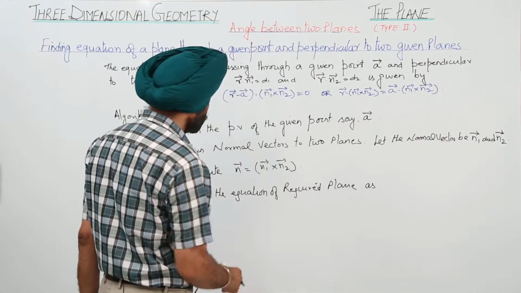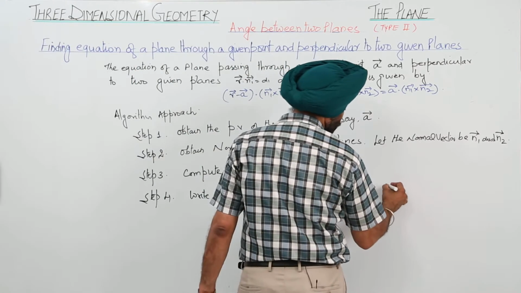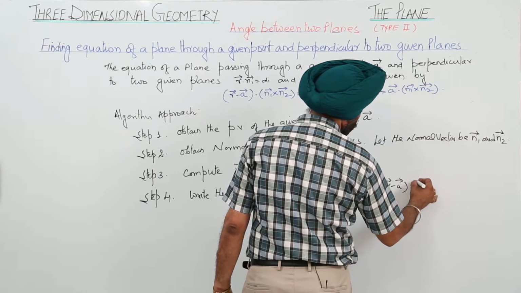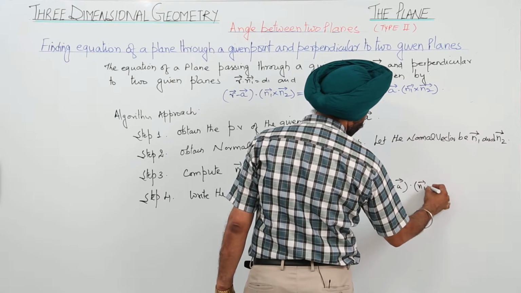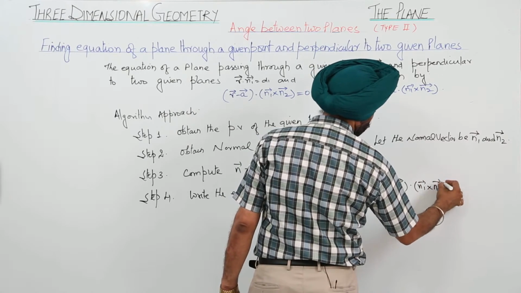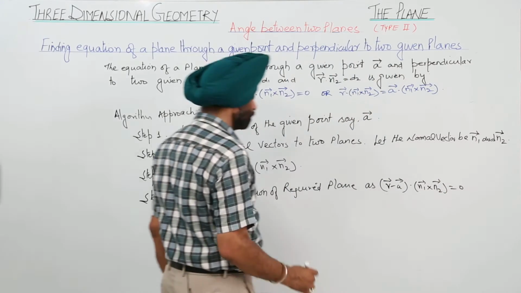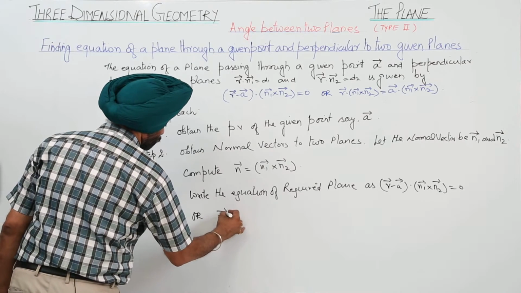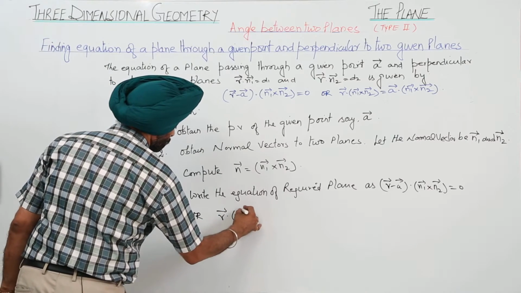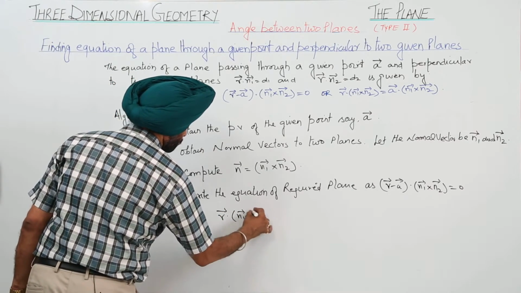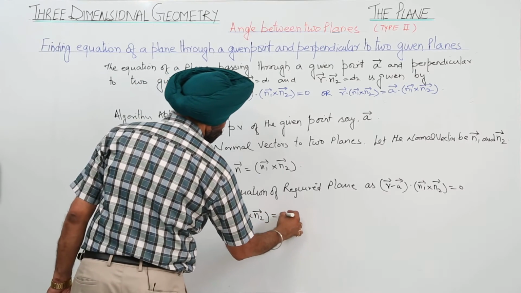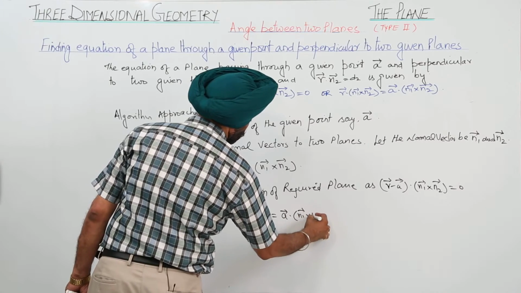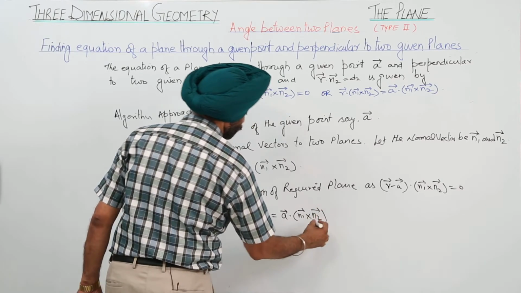So write the equation of the required plane as vector r minus vector a dot vector n1 cross vector n2 is equal to 0, or vector r dot vector n1 cross vector n2 is equal to vector a dot vector n1 cross vector n2,